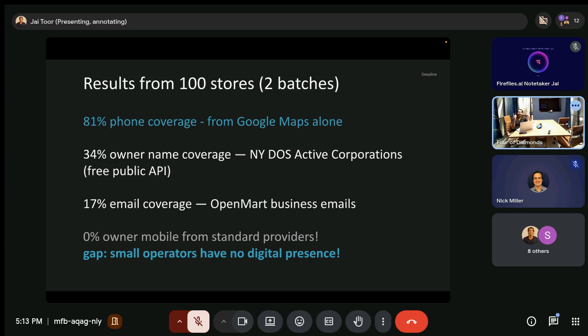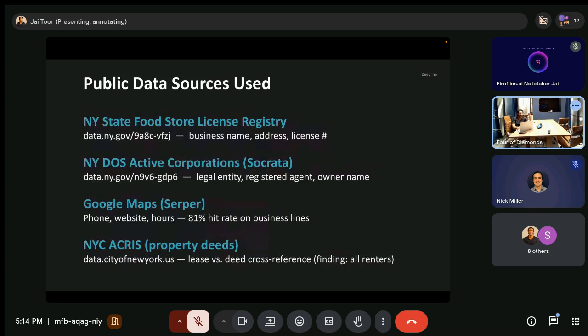The other thing that we ran into is owner mobile numbers from standard providers like LeadMagic, Hunter, Prospeo. They're not going to have these types of SMB data points because there's no LinkedIn, and that's required to search on a lot of them. The company name and the business name isn't specific enough. It might just be like local neighborhood market or something generic on the name. So you can't actually search with those parameters that you have, and most of them don't have websites. So you can't even start the search for these folks. And that's kind of the problem that this team's struggling with.